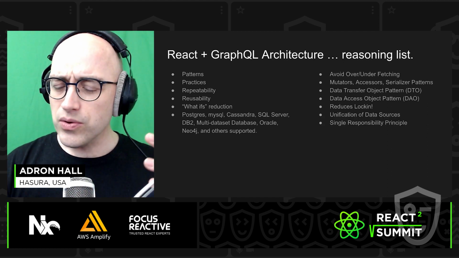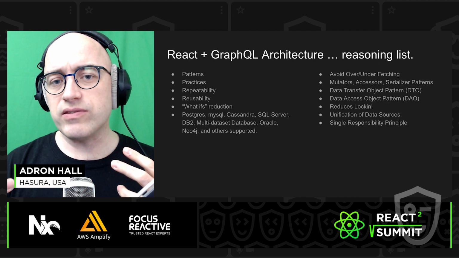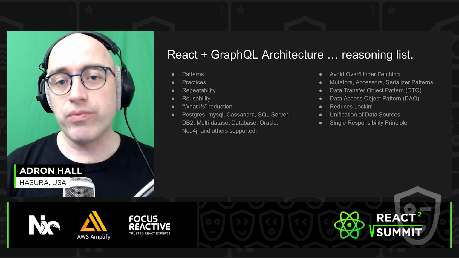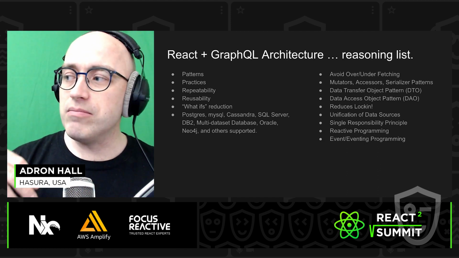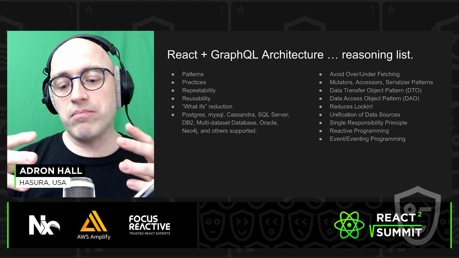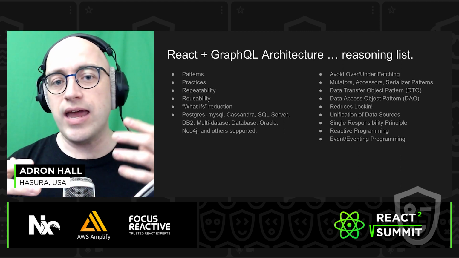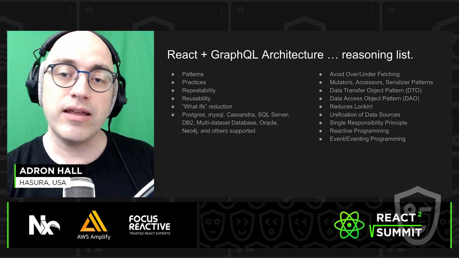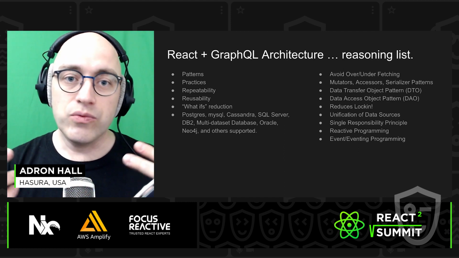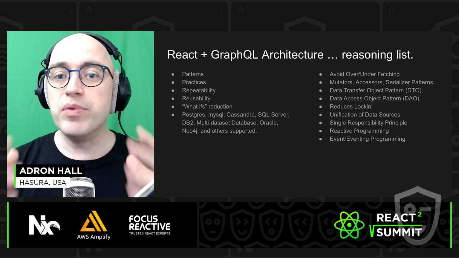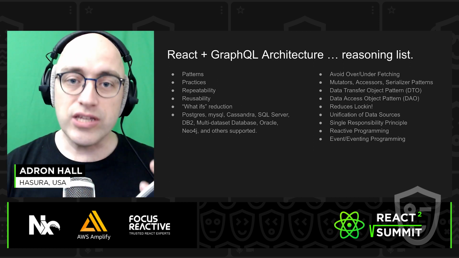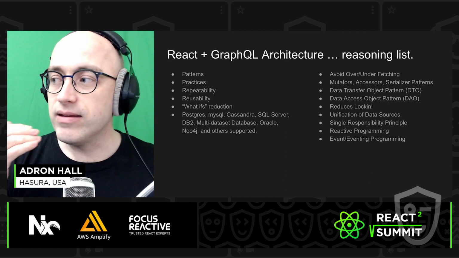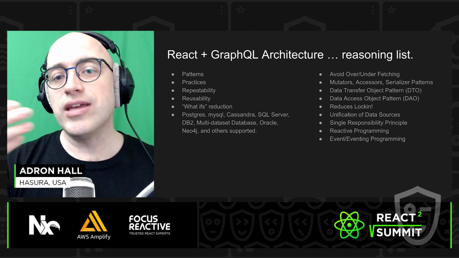And then we get a lot of component reuse and things like that, where it's easier to follow things like the single responsibility pattern for the React components. And then moving even further, a lot of those modern development paradigms around reactive and event-based programming are easy to use with GraphQL and React, because a lot of it is the native way those libraries would do something, given that they're both built around the asynchronous web. So just the inherent nature of the way they work makes that even more possible and easier to implement with